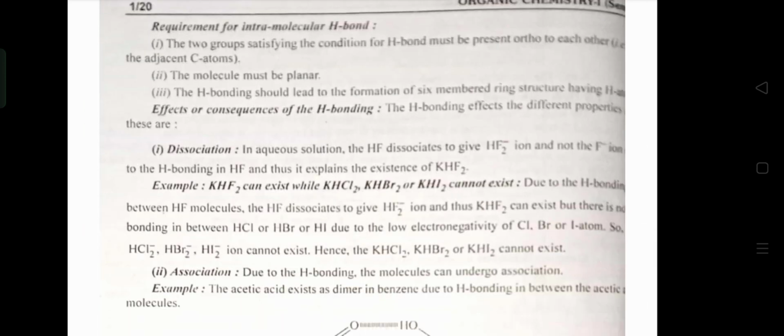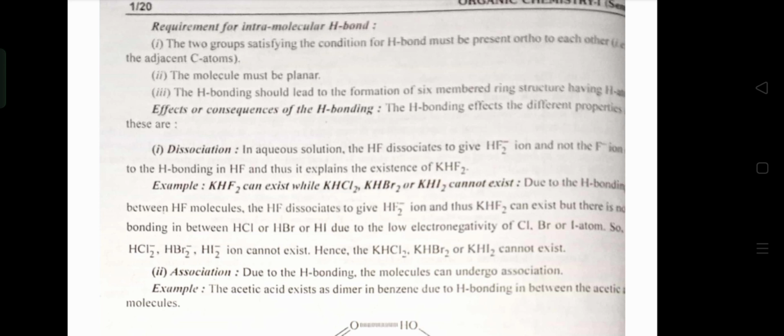Requirement for intramolecular hydrogen bonding: the two groups satisfying the condition for hydrogen bond must be present ortho to each other. The molecule must be planar. The hydrogen bonding should lead to the formation of a six-membered ring structure having the H atom. Now the effects, or consequences, of